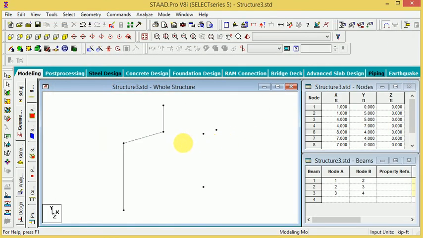So it's very easy work with Start Pro, very simple working. It shows the chart, how many nodes, how many elements, and the footing selection and load selection, everything is easily calculated.